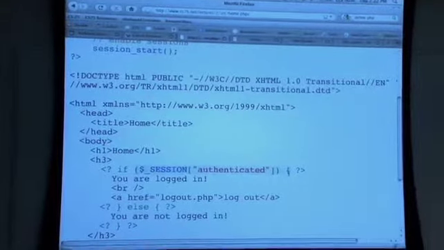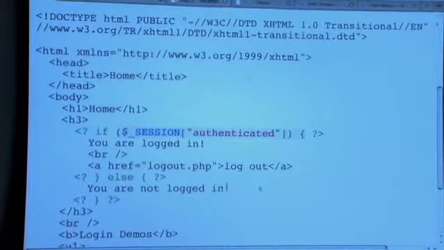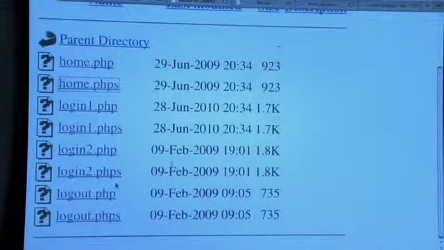It was not true, and therefore it said none of this "you are logged in" happened, and it just displayed the else part, which is just you're not logged in, and then the form to log in. So that's how when you went back to the page, it just said you were not logged in. But